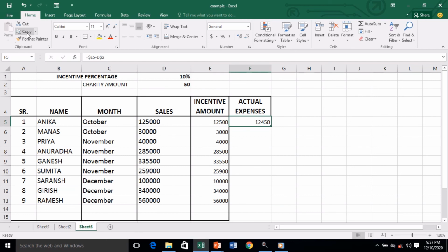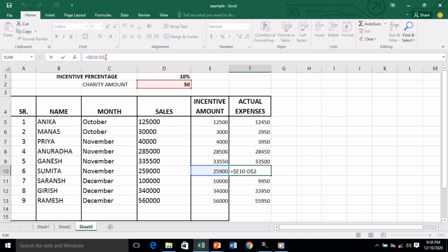Now the same formula I'll be copying down here and see what happens. Yes, I got that here. See what has come, E6 and D2. Same thing we'll copy down, and this is the example of mixed reference, my children. So here we got it. You can see this E7 has changed. See E6, here it has been changing, but the starting column is not changed. And here in this case we are using a dollar sign before 2, so 2 will not change. Okay my children, this is the example of mixed reference.